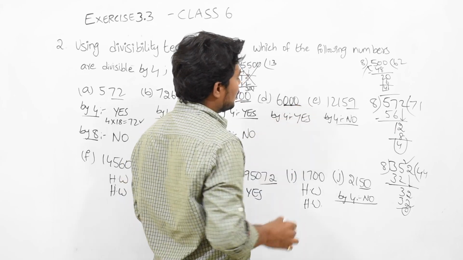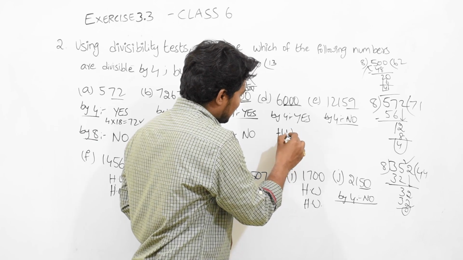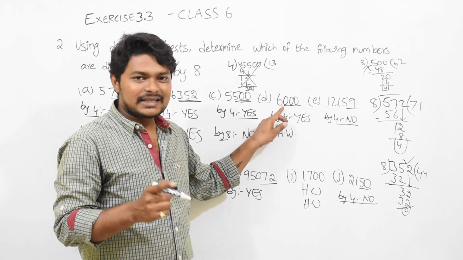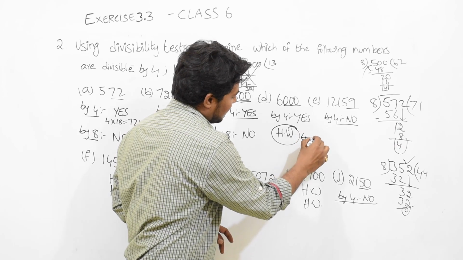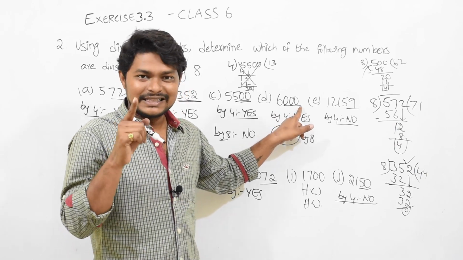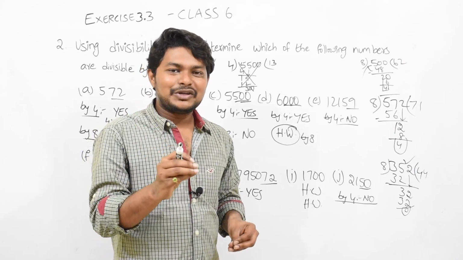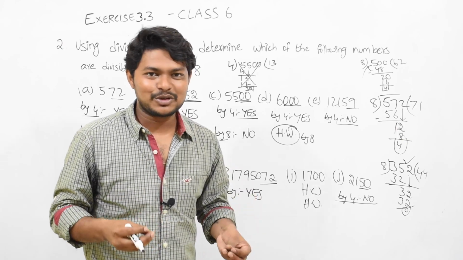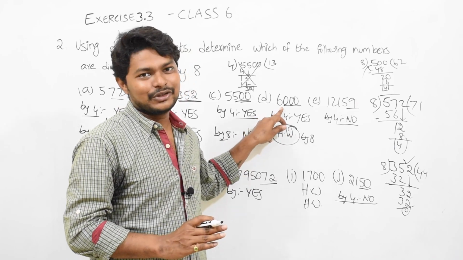Here last 3 digits is 0. This thing also I am giving you homework. You work here, then only you will get an idea. You should tell whether 6000 is divisible by 8 or not. This you need to do as homework. Why? Because here last 3 digits are 0, which is the concept which I didn't teach you till now. When you encounter these kind of questions, your brain starts thinking, "Arey, what is the solution? What is the solution?" Then you will come on the right path. Wantedly I am giving you this as homework.